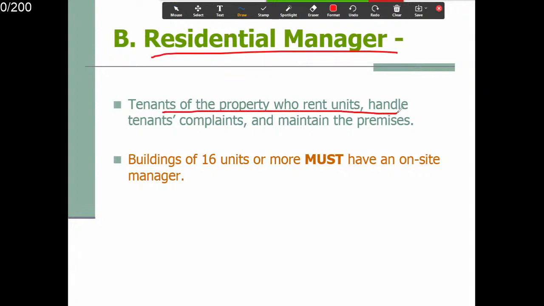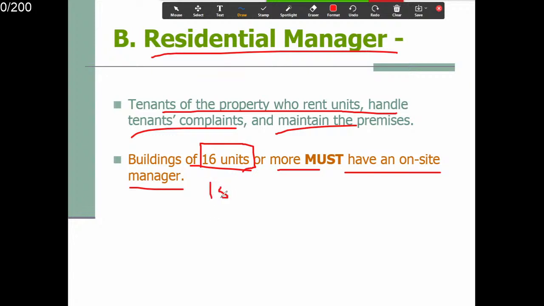Residential manager, right? Tenant of the property who rents units, handles tenants' complaints, and maintains the premises. 他管理的话，他收租，修理，人家抱怨，等等又处理。Building of 16 units or more must have an on-site manager. 公寓16个单位以上的必须要有个 manager 在这个区里面24小时7天管理的。